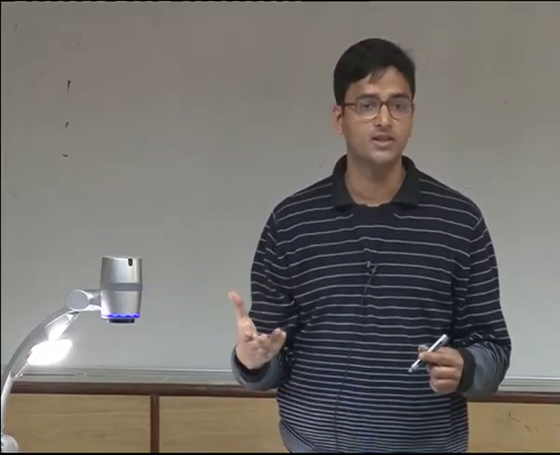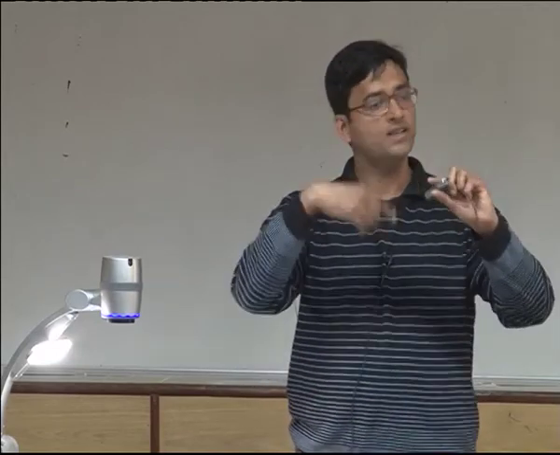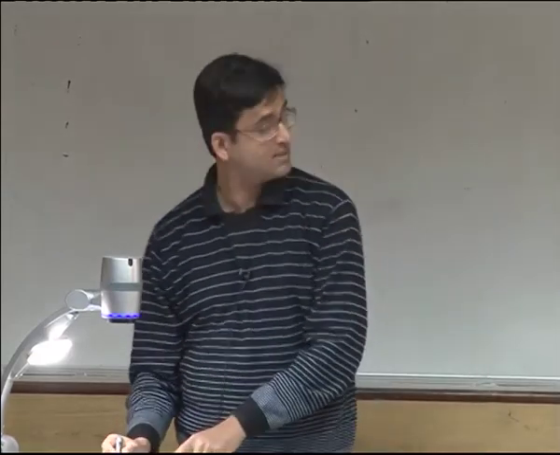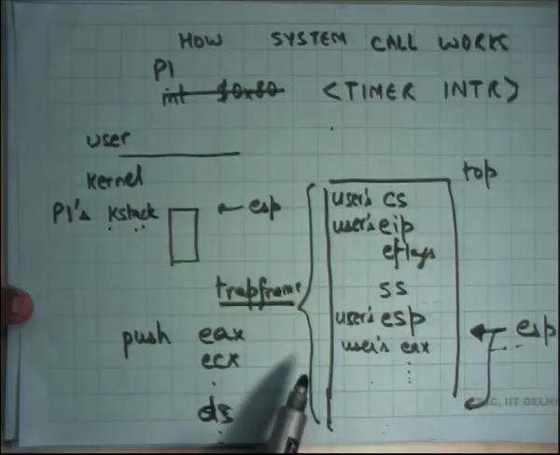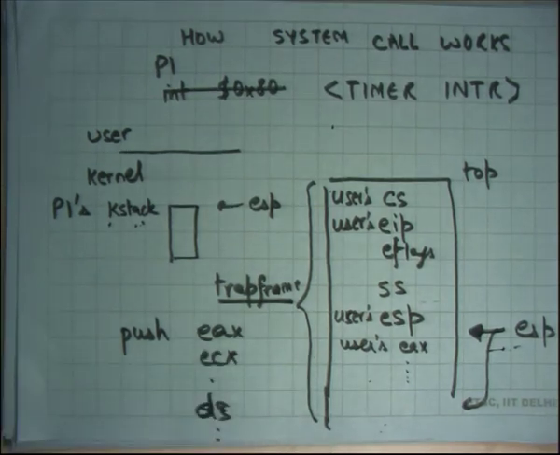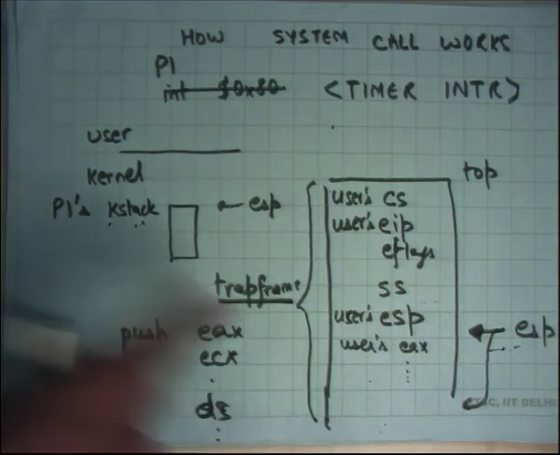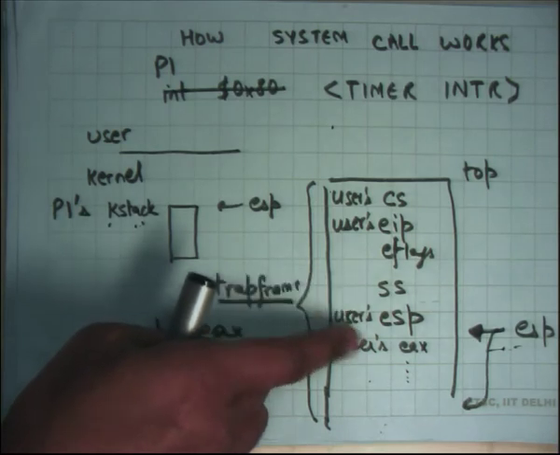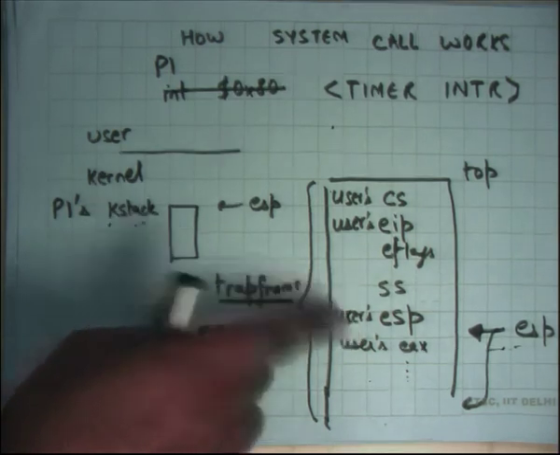It's possible for the kernel to disable interrupts while it's executing in kernel mode, but on XV6 it doesn't do that. So while the processor is executing in kernel mode, a timer interrupt can come, in which case things will not be like this. What happens if a timer interrupt comes in kernel mode? You don't need to switch the stack, and you don't need to push these extra values, SS and ESP.